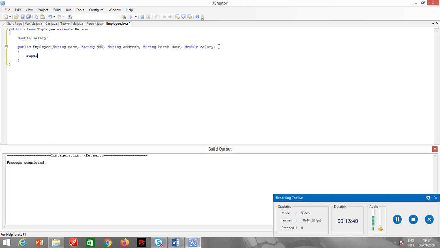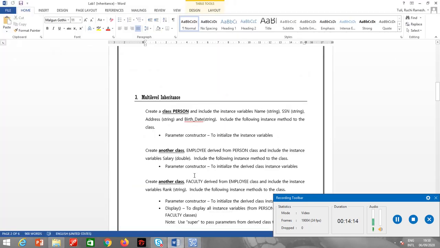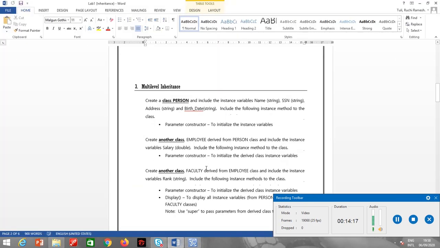Because the parent class has a parameterized constructor, I have to write the super keyword. Then I will initialize this variable. This dot salary is equal to salary. That's it for this class.